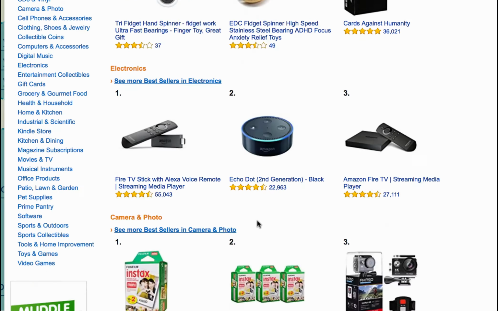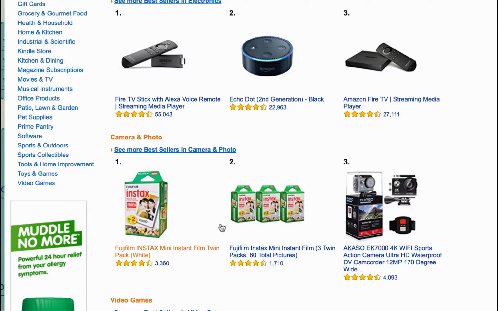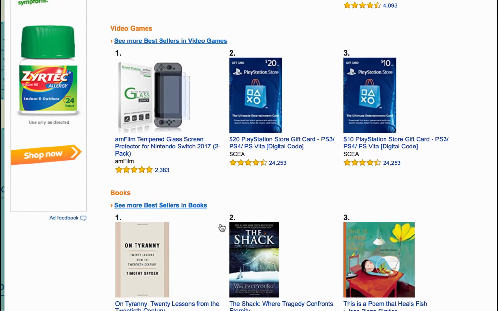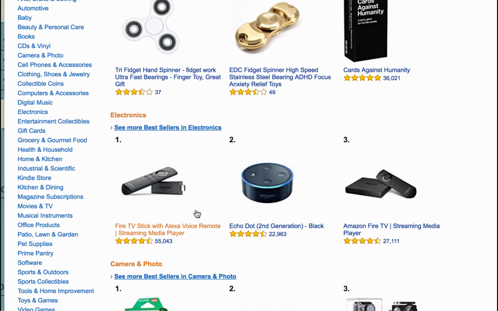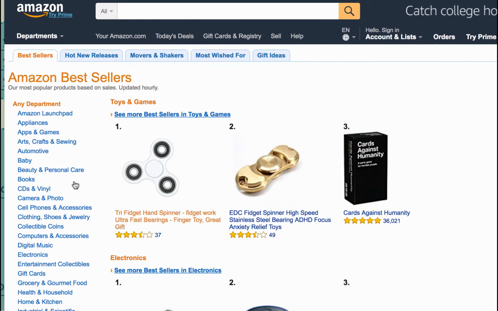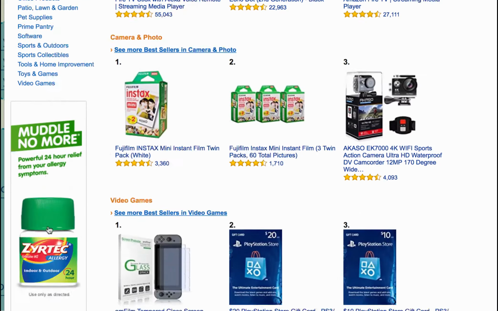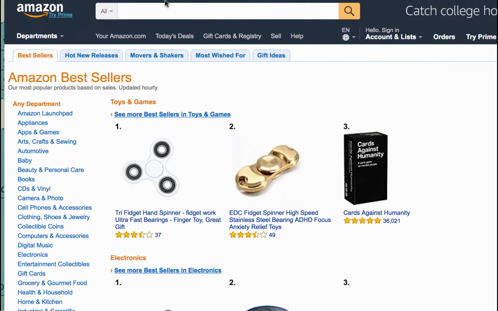So obviously, we want to choose a niche that we're passionate about and can deliver value. I'm not one of these people who think that you should only pick something where there's already tons of sales, but that does help if you go into a topic where people are already searching, there's already buyers. That is going to save some work down the future. And here we can see the best sellers in each kind of category here, and that's something you should go out and take a look too.